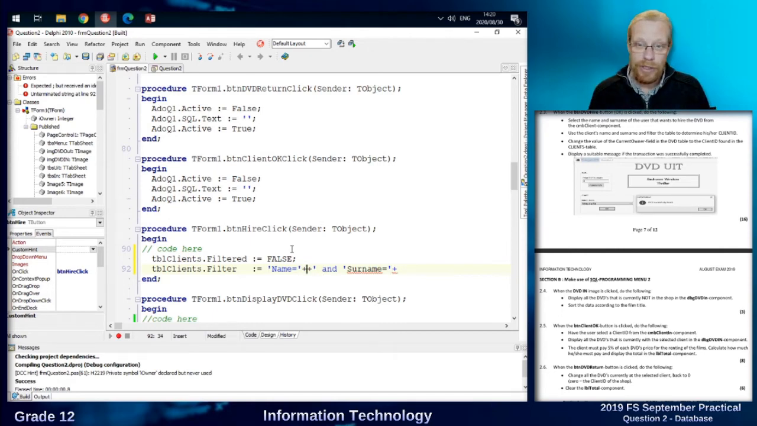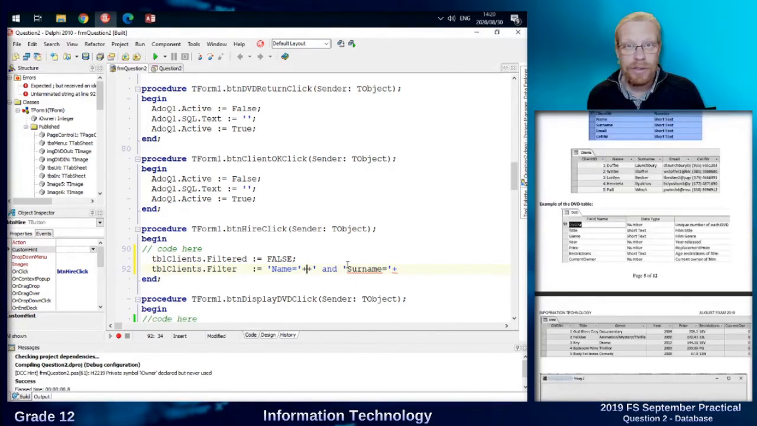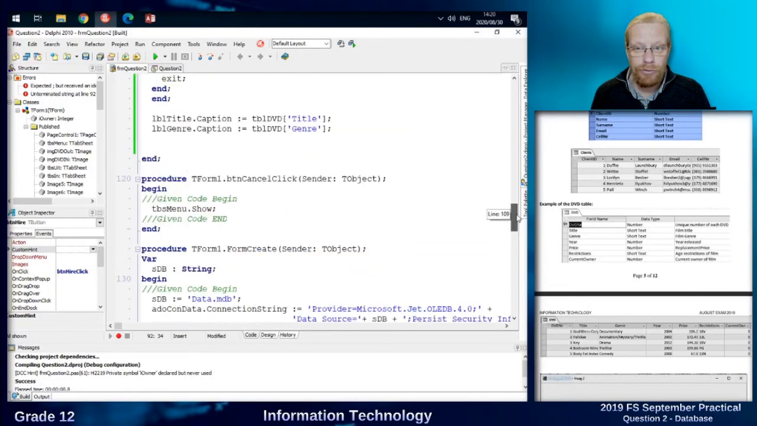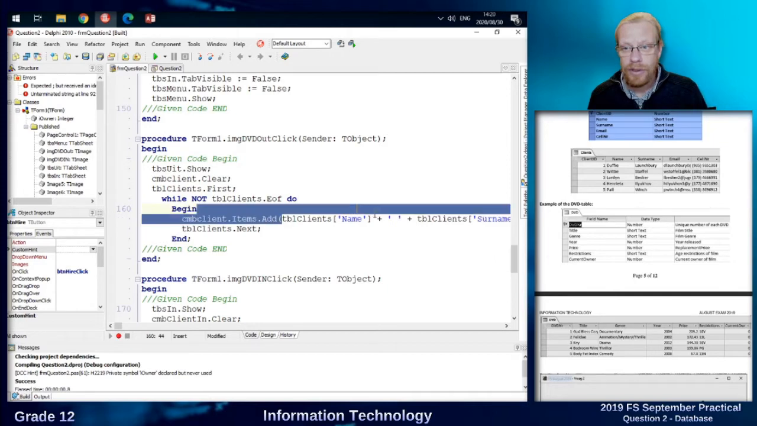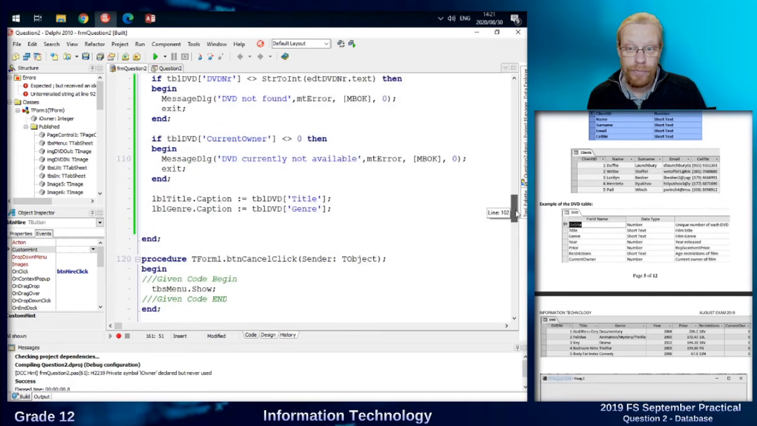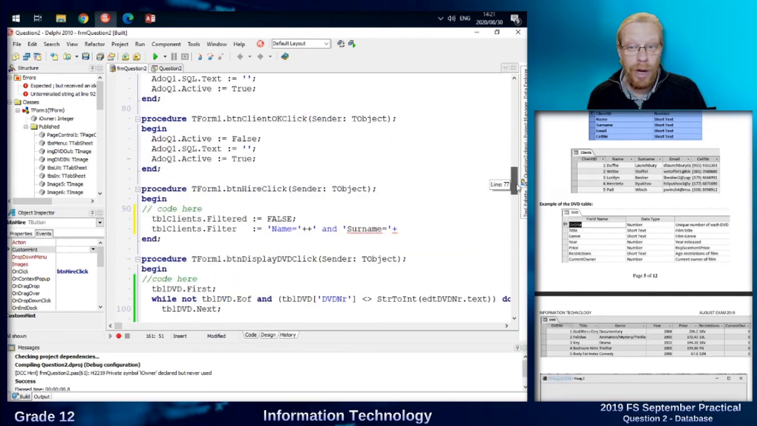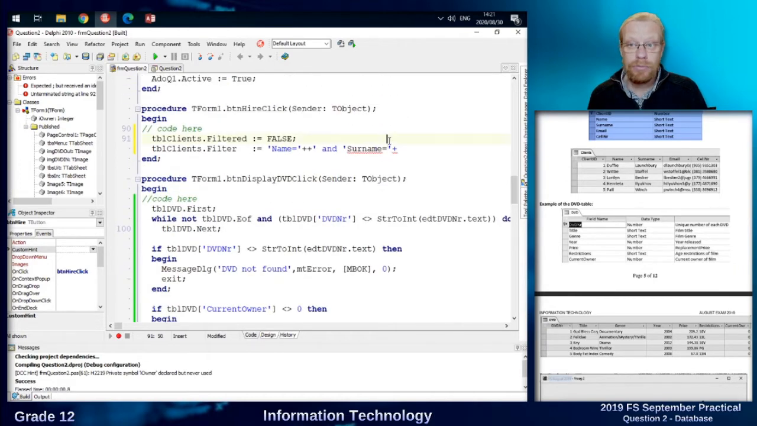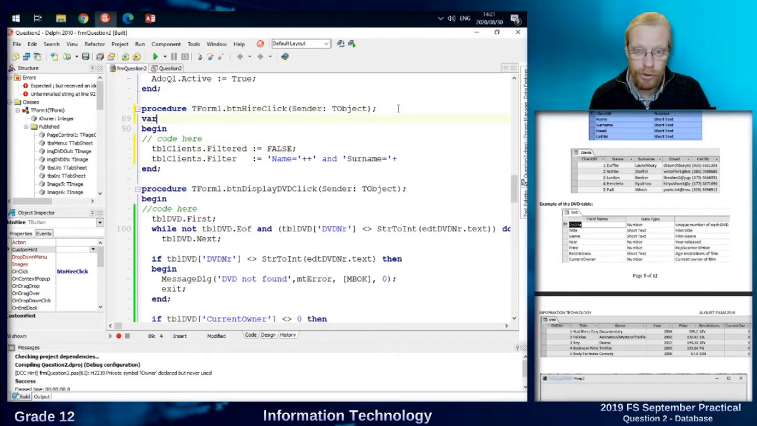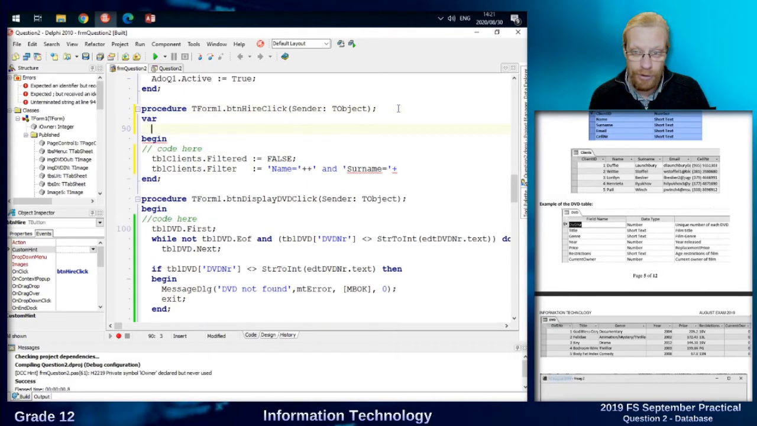These two values I will have to get from that combo box. The values in the combo box, if one has a look at the code, you will see adds the name to the client surname separated by a space. So while a little bit clumsy, we're going to have to split those again using some sort of pos, copy, delete type exercise. So var, give us a temporary variable,